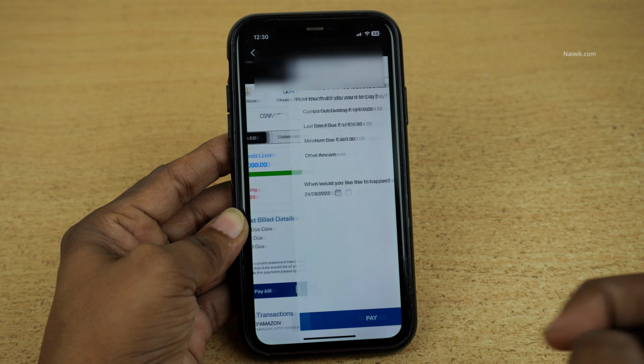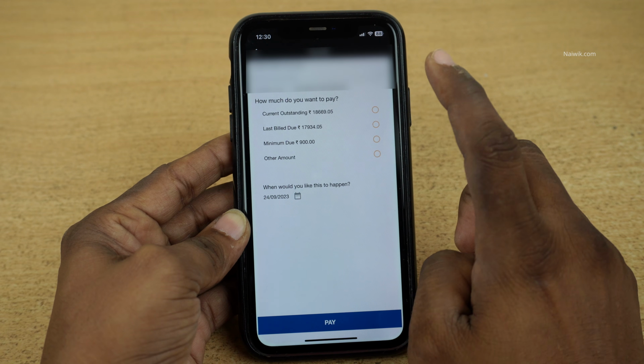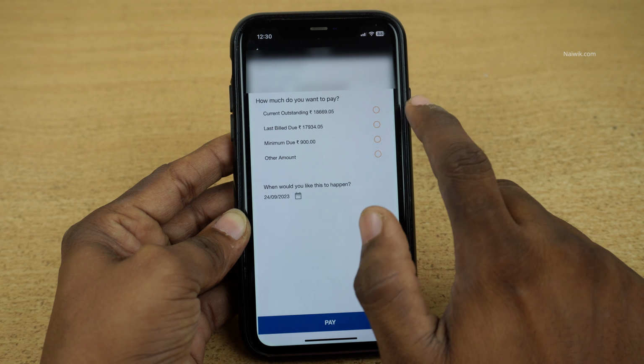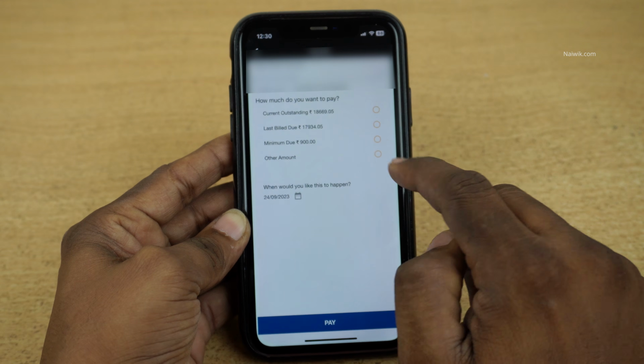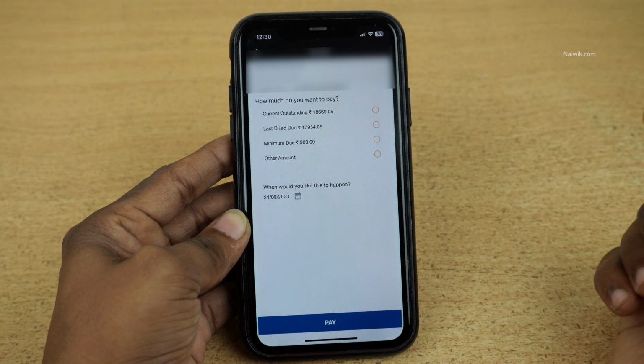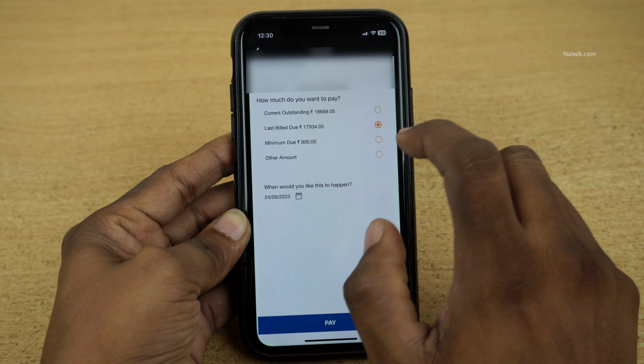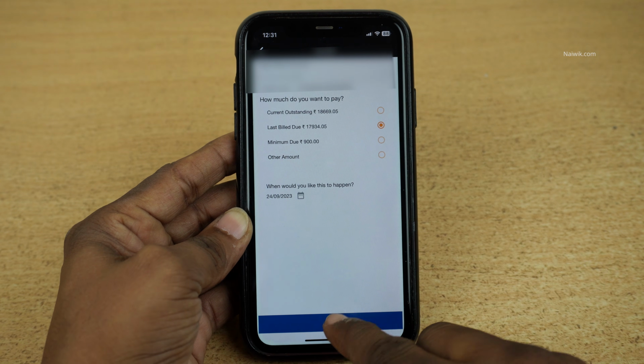You need to click on pay bill and you need to select your bank account. And below that, you have 4 options: current outstanding amount, last bill amount, minimum amount due, other amount. If you want to pay the total bill, you need to select this option, last billed due, and click on